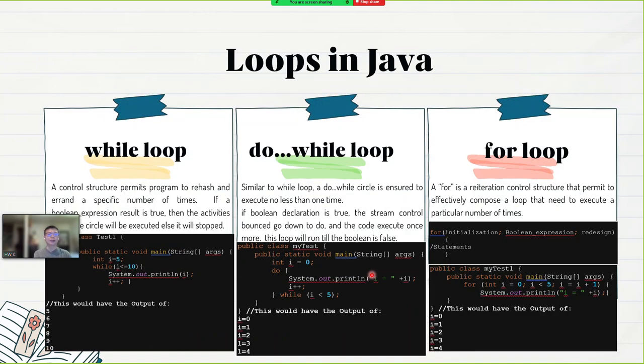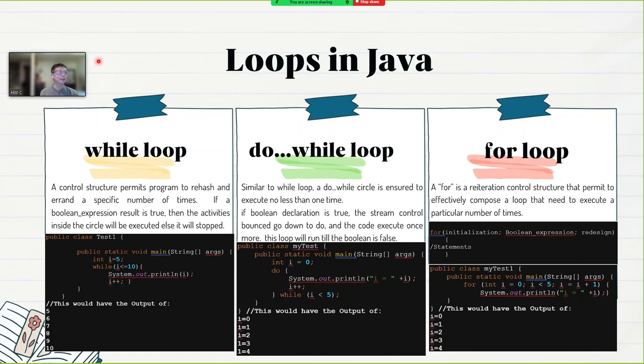Okay, now I would like to continue with the loops in Java. We have three different looping types: while loops, do while loops, and for loops. Let's start with the while loops. It is a control structure that permits a program to repeat a task a specific number of times. If a Boolean expression result is true, then the action inside the loop will be executed,